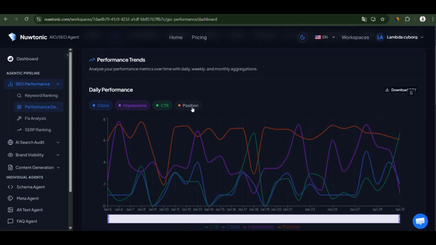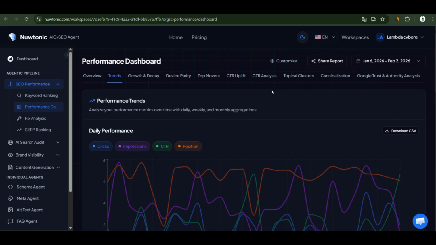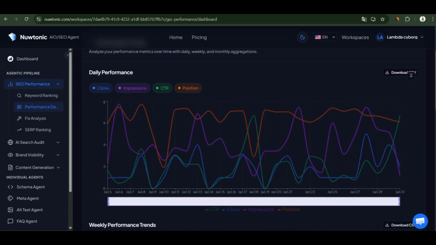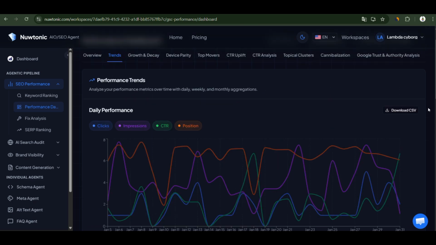Trend section is basically your area where you get the performance trends of your site data daily, weekly, and monthly. How are they helpful? In terms of daily, you can see what is happening, how many clicks, impressions, CTR, and position. In weekly performance, you can quickly see over this period of time,